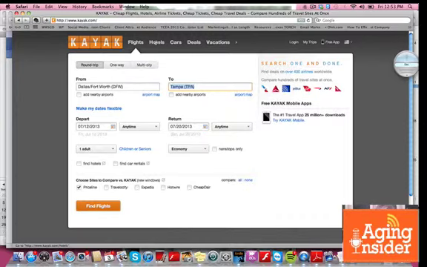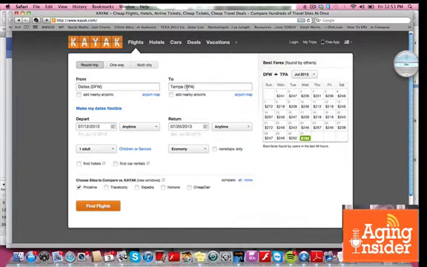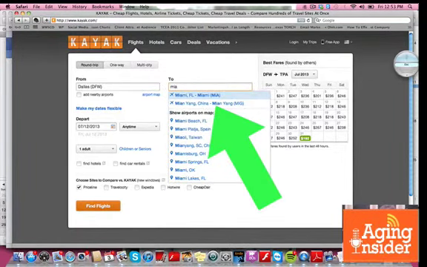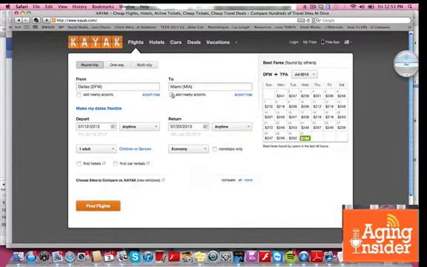So currently it's pointed at flights. I come down to the middle and I can type in where I'm going from. I'll say DFW and where I'm going to. You don't need to know the airport code. So for example, if I wanted to put in Miami, I started typing Miami, and then I have all of these choices. Miami, Florida, MIA, and it has an airplane next to it, so I know it is the airport.